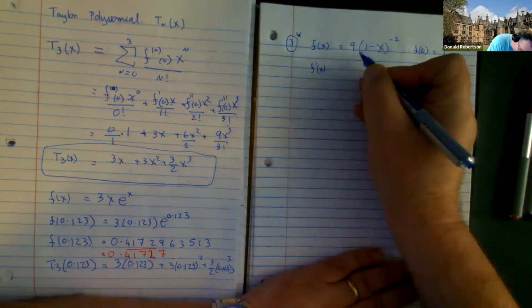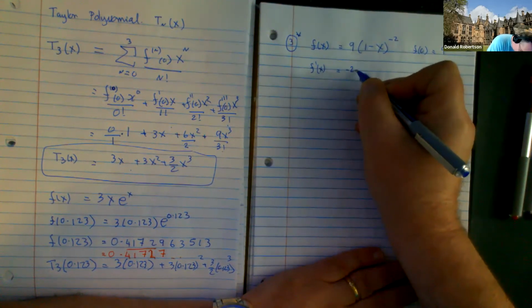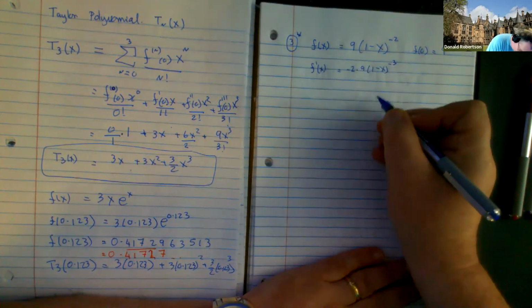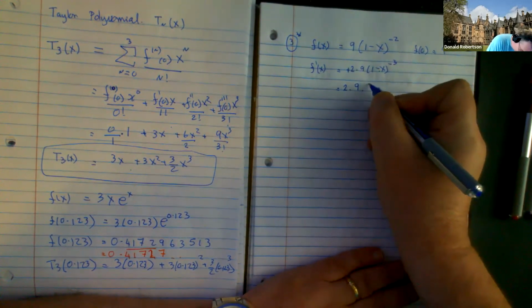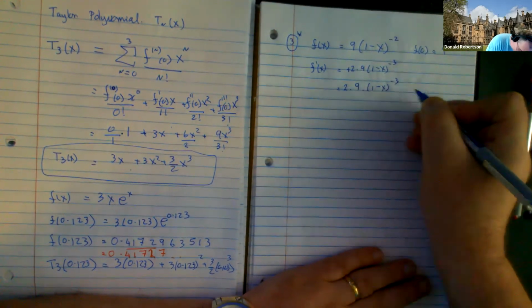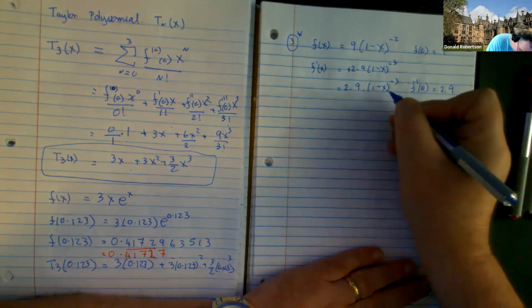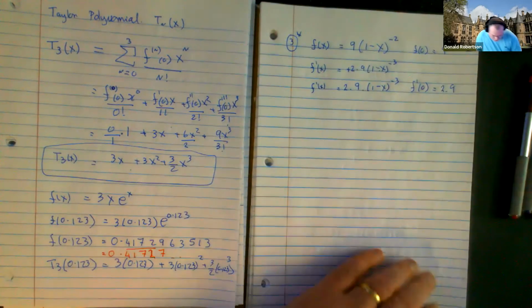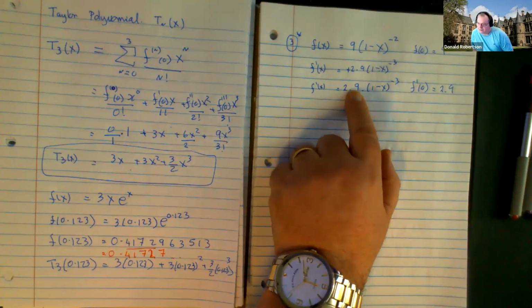If you do the derivative of this guy, it's -2 times 9, 1 minus x to the power of -3 times -1, so it ends up being positive. So what you've got is 2 times 9 times (1 minus x) to the -3. And so the first derivative at 0 is essentially 2 times 9 times 1. So I won't worry writing that down. When you're looking for patterns, never turn this into 18. Just leave it as the calculation that you would get. So you notice that's a 2 and that's a 9, right? Now,